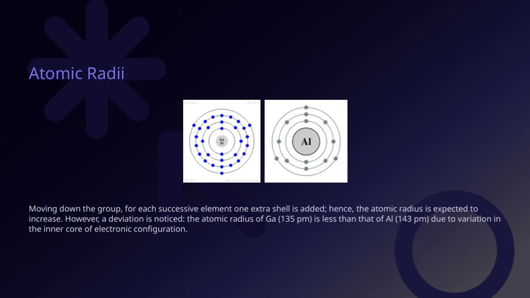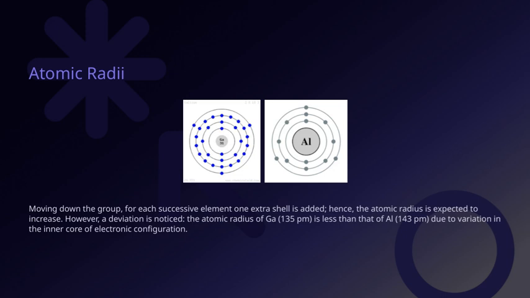This seems counterintuitive at first glance, but it happens because of variations in the inner core electron configuration. Essentially, the way electrons are arranged inside the atom can influence its size, sometimes overriding the expected trend. This highlights how electronic structure plays a crucial role in atomic properties, connecting back to the overall theme of how